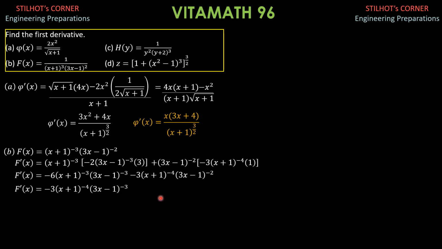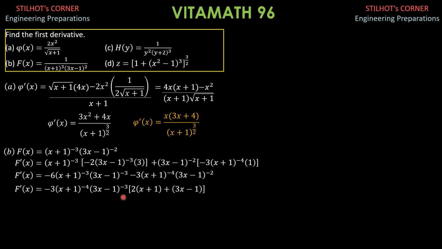Then what remains is positive 2, because negative 6 over negative 3 is positive 2. And since we factored out (x + 1) to the negative 4, we have positive 2 times (x + 1), because that's only negative 3. Then for the second, we have plus 3(3x − 1), so times the quantity 2 times (x + 1), then plus 3 quantity (3x − 1).